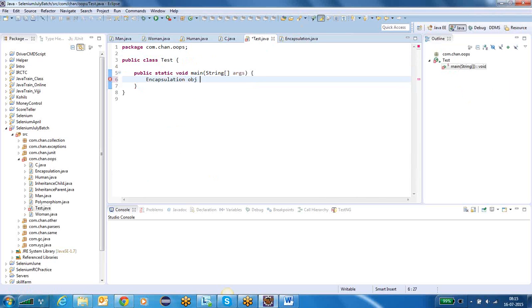Sorry, let me create object for it. Object equal to new encapsulation. Object dot id. So I am directly able to call it, right? obj.id. So you should not allow